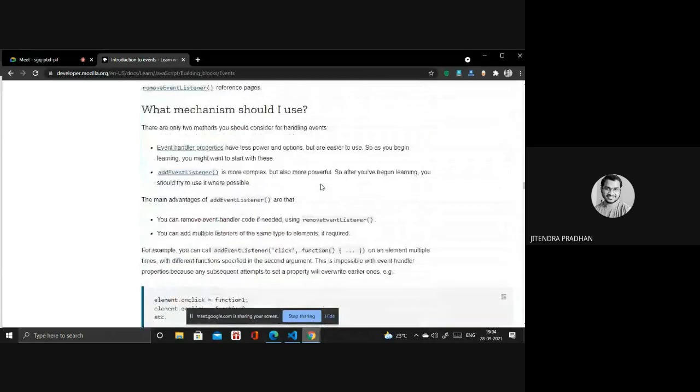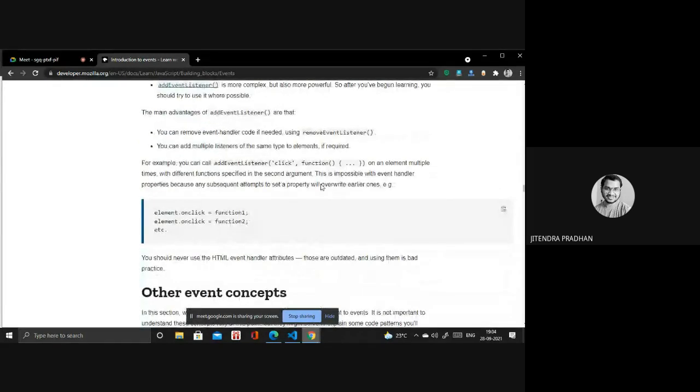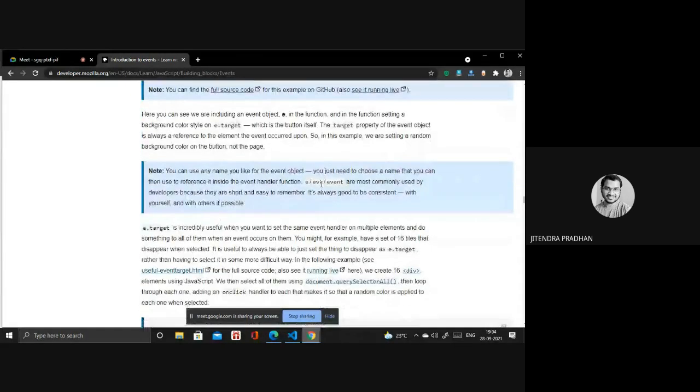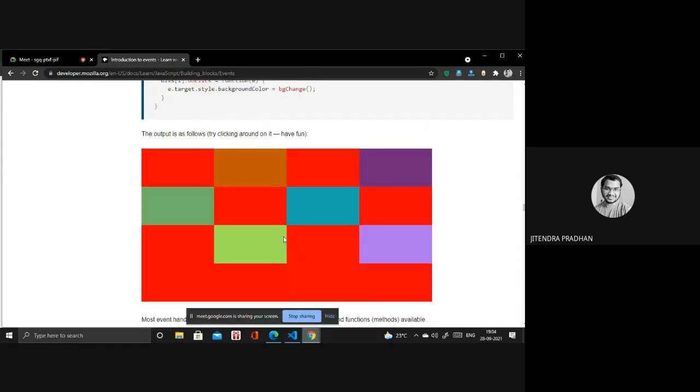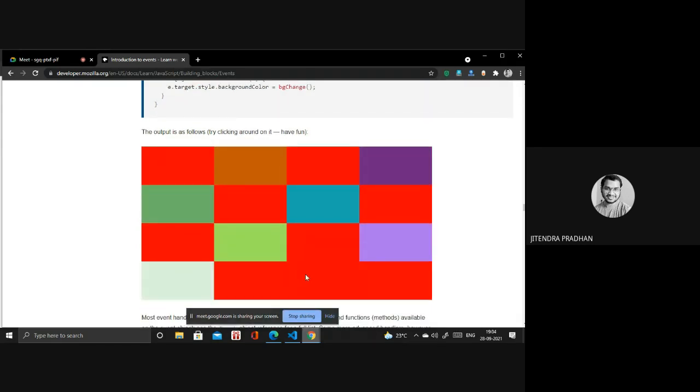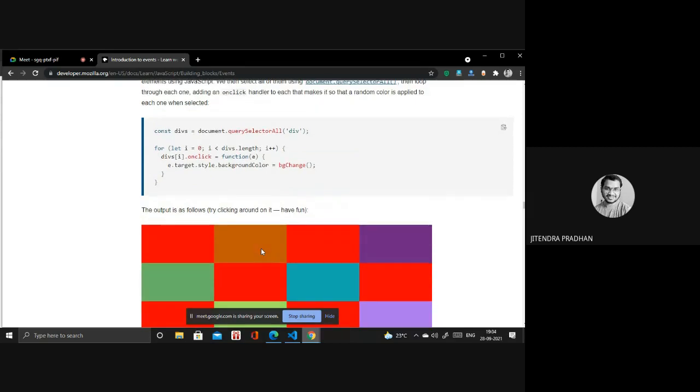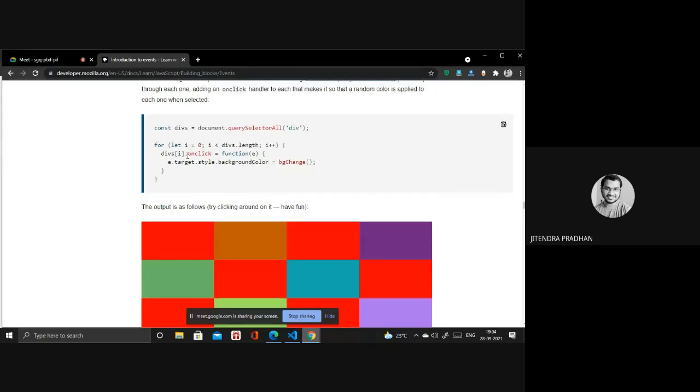I will show you another one. Wait. Here, this also works. There are many others, but you have to try. When you click that, it will form a particular box. Okay, it looks good, right? We are using onclick inside that. And when you click that button, it will give a different color.